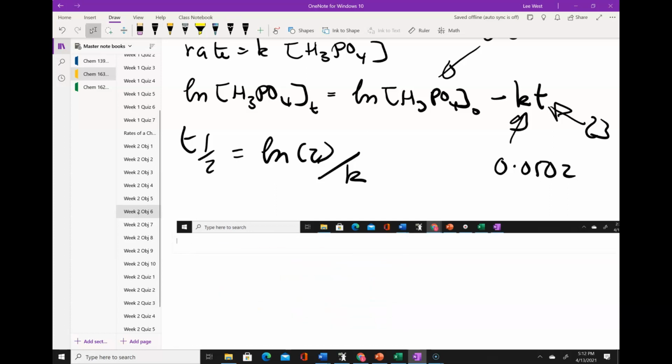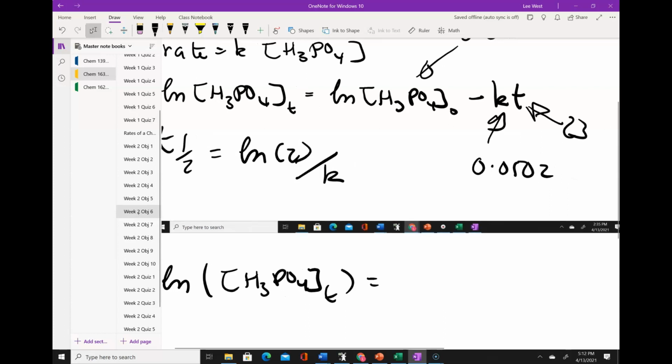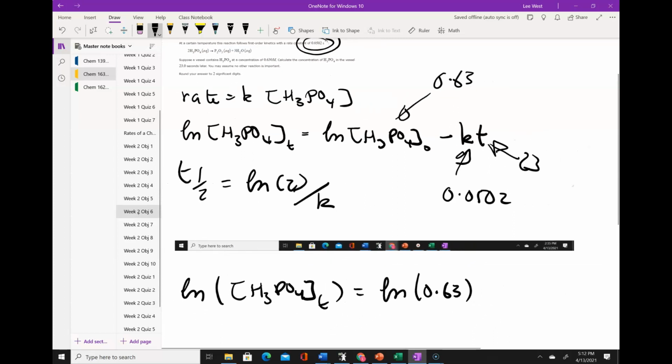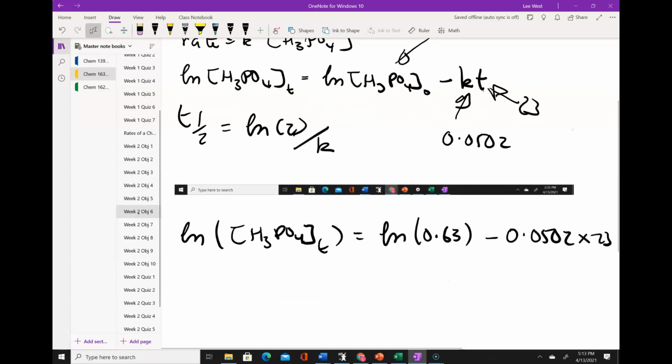So that's not going to be too hard. The log of the phosphoric acid concentration at time t is going to be equal to the log of my original phosphoric acid concentration, which is 0.63, minus my K, 0.0502, times my time, which is 23. So the log of the H3PO4 at that time of 23 seconds will be